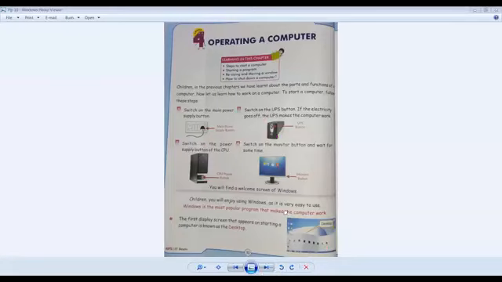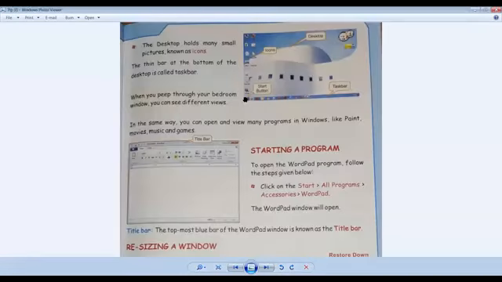And on your desktop you have small pictures like this. All these pictures are called icons. On your computer screen you have icons. Then here at this lower corner you have a button. That button is called the start button. And this long blue bar running across the bottom of the monitor, with small icons on it, is called the taskbar. This is your taskbar.